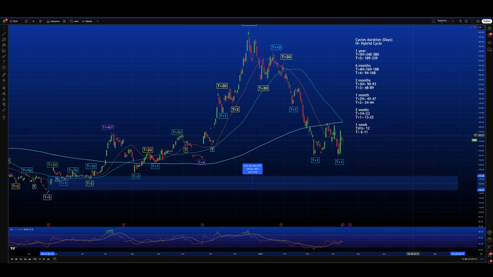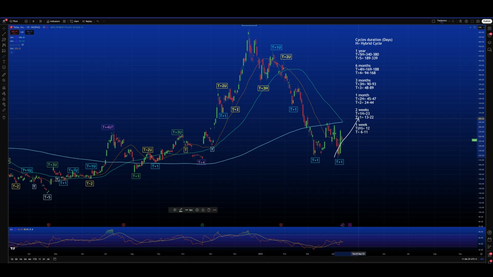So all the summertime may be spent to have a bounce back to the upside, then go down, bounce back, and then go down, something like this, for example, until end of August. And then from end of August, we can start having definitely a new yearly cycle. So this will be the worst case scenario. Otherwise, we can have in the meantime another cycle, and then before end of the summertime, return to the upside for a new T+5.